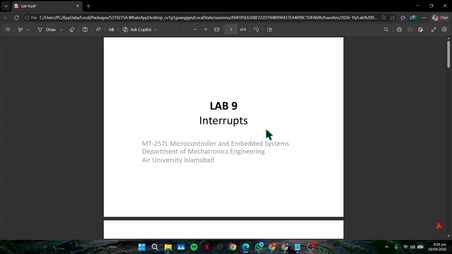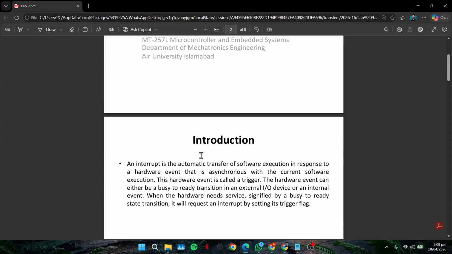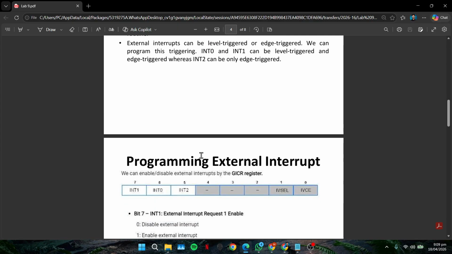Hello everyone. Today I will be demonstrating the concept of lab 9 related to interrupts, which focuses on the implementation of external interrupts on the ATmega 2560 microcontroller. So for this, we will discuss